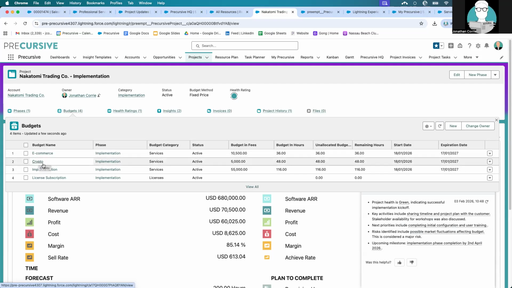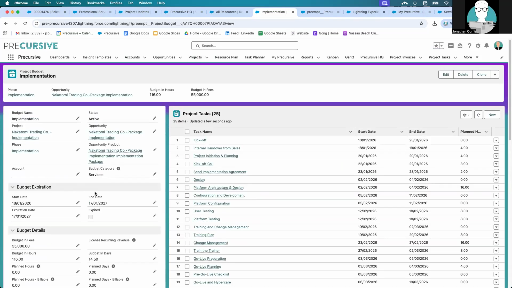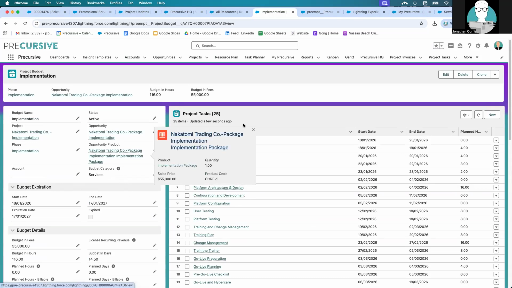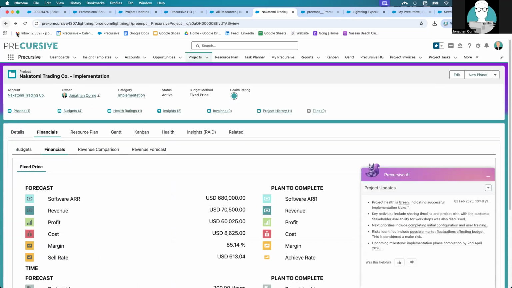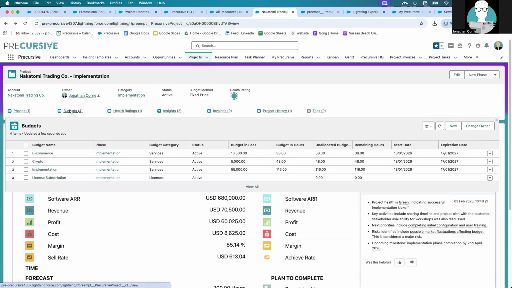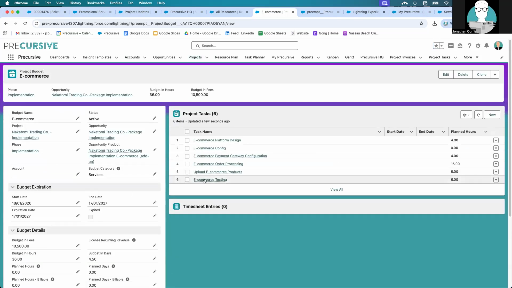So just to explain a little bit about the architecture here. This implementation package maps back to something that we've sold in sales, right? And we have a series of tasks and dependencies and effort associated with the delivery of this core implementation package. Now, when we sell an add-on and pop that in here, I'll take the e-commerce add-on, for example, there are a set of things that we also need to do